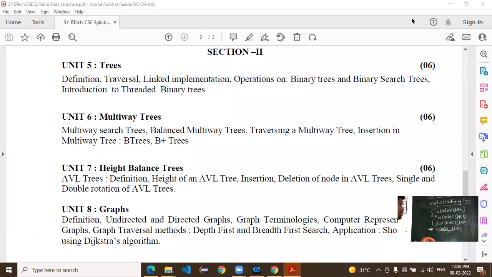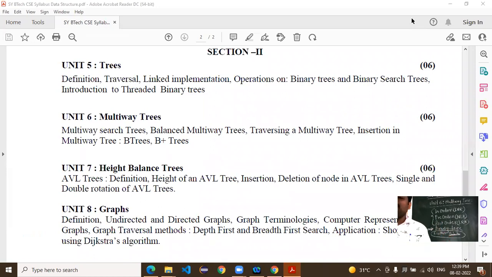So 0, 1, or 2. Now, can I consider more than 2 here? No. Only up to 2 we can consider. This is the main rule when you are designing any binary tree, so you follow this rule. I hope all of you have understood.